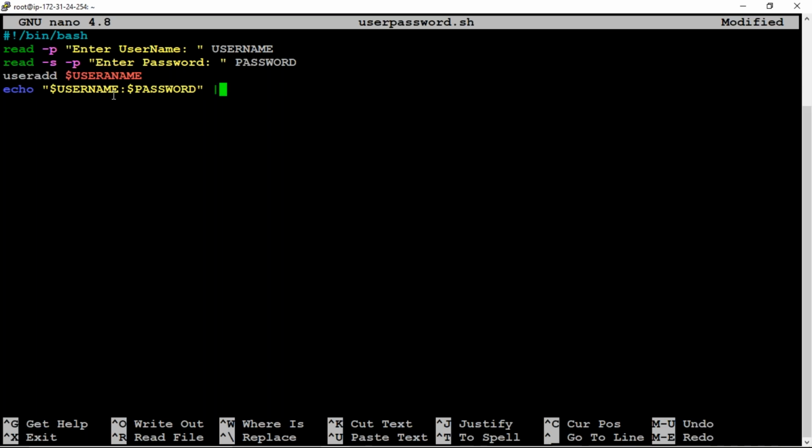And I'm using the pipe symbol here. Okay, and sudo chpasswd. So what does this mean? It's change password. So that username, that password should be secured and it can't be changed. Sometimes once the password is given, the user can try to modify that password.